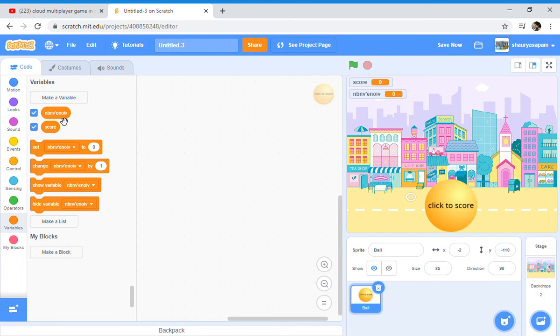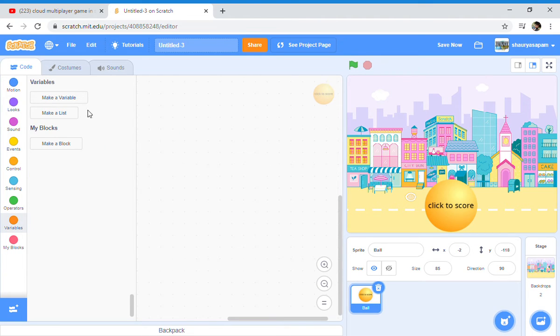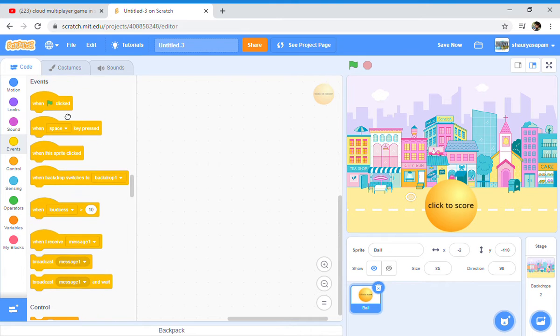Done. Now we don't really need this variable. Score is what we need. It's going to set the score whenever we click. Or pretty much I'll delete it because I didn't even start yet. So let's quickly start. I wasted almost 1 minute. What we're going to put is a flag. This means that when we click a flag,